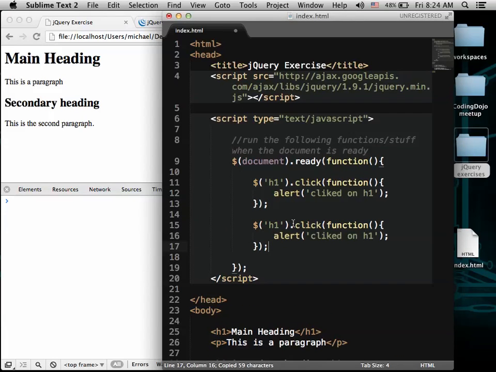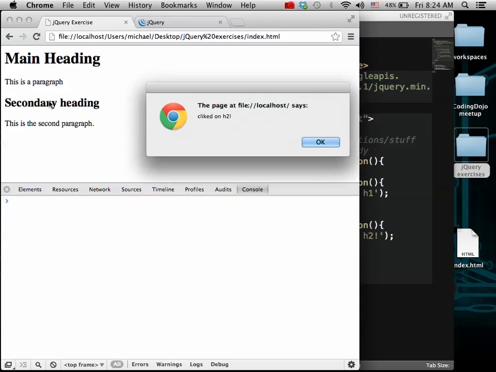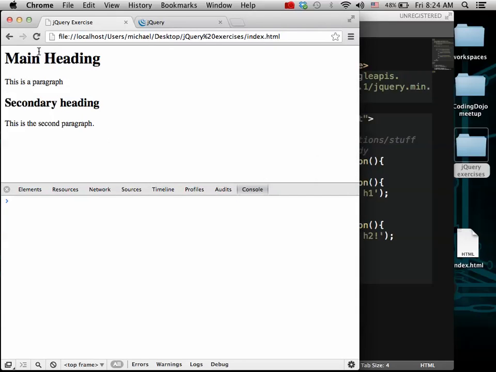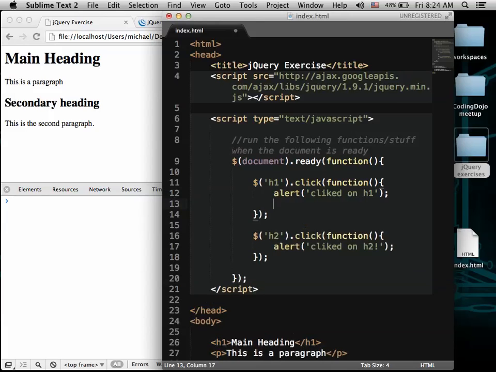Let's do another. Let's just copy and paste it. And when H2 is clicked, we'll say clicked on H2. Isn't that fun? And it says clicked on H2. Wow, this is pretty cool stuff, right? Okay, all right. I can do some other cool stuff. So we can say when H1 is clicked, run the functions inside this, and clicked on H1, and after